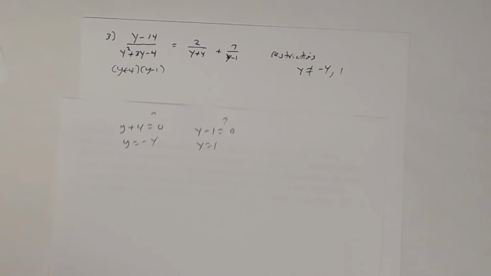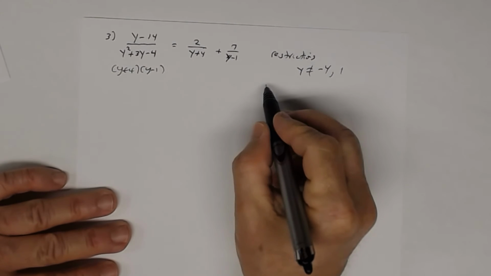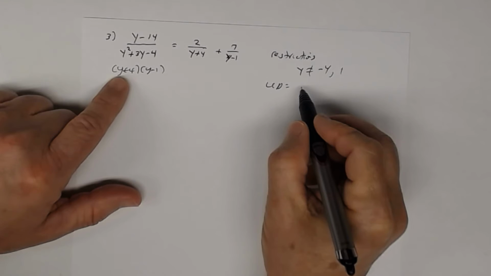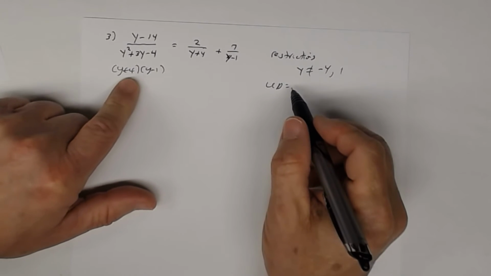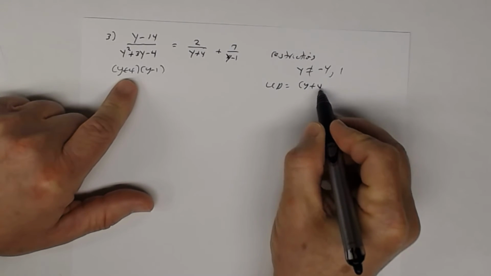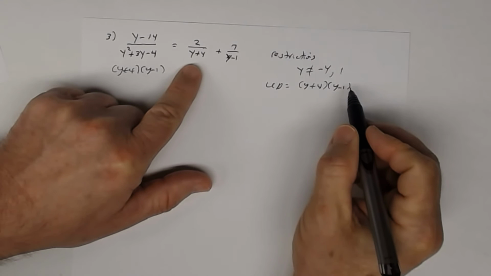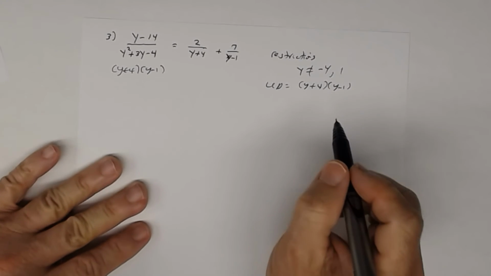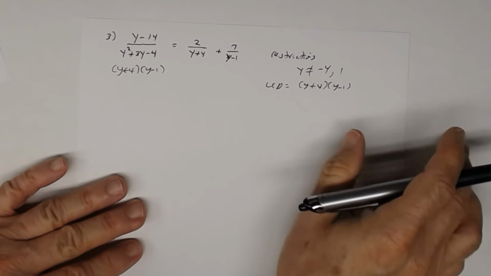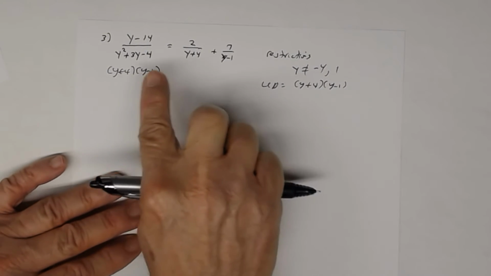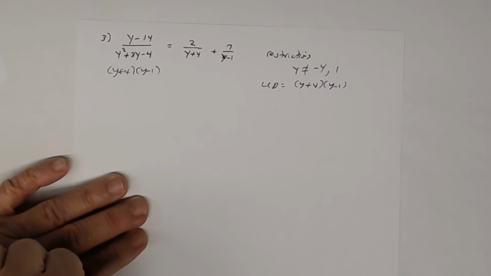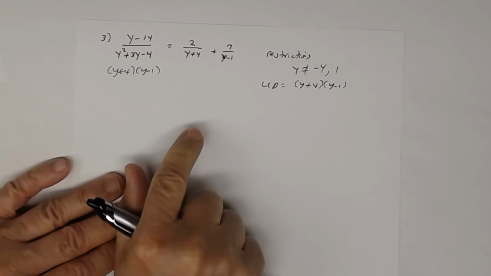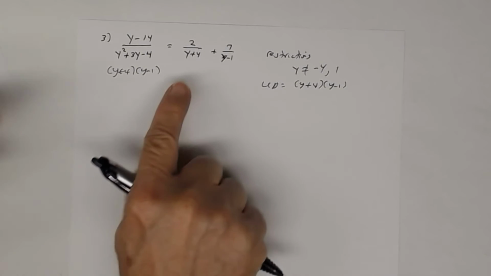Now let's find the LCD. So the LCD has to include every factor you see, and those are not difficult. Just list your factors. Y plus 4, y minus 1, y plus 4 already have it, y minus 1 already have it. List it once. If you list it more than once, it's no longer a least, it's a common. And then that would make things so much more difficult for you. So there's your least. Now once you do that, remember the next step, we're going to multiply both sides by